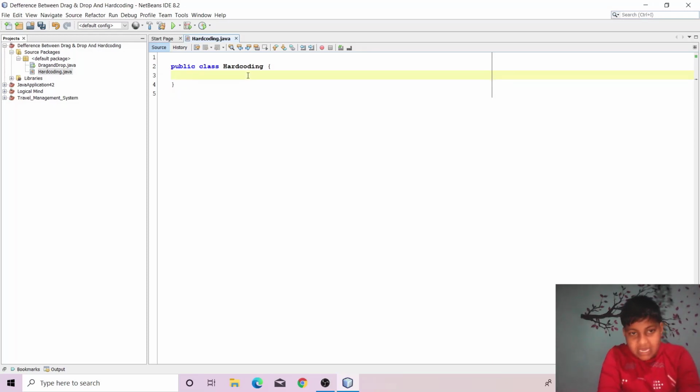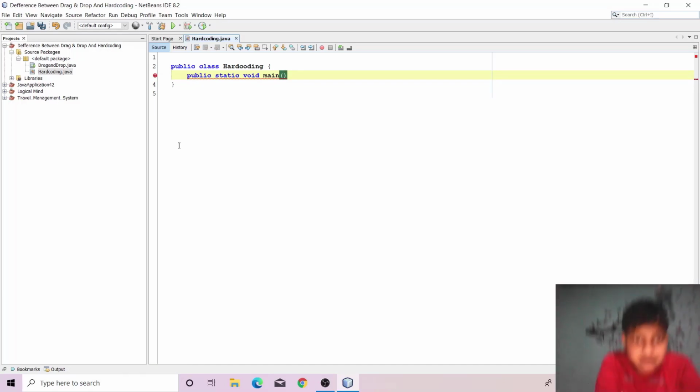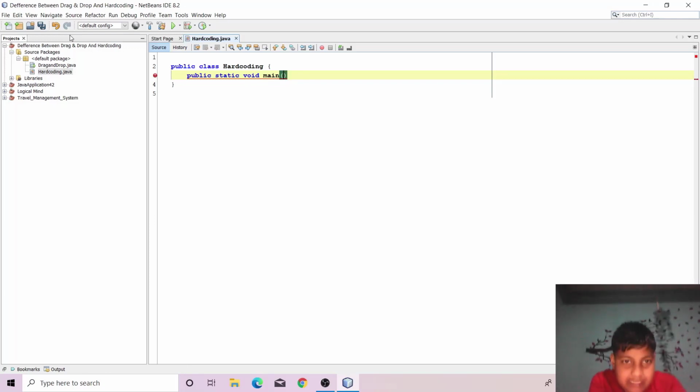Okay. Now inside this main method also, ourselves we have to make, and the button also ourselves we have to make. It is not an already made, ready-made button. Okay, so first quickly type the main method: public static void main. All this I will tell you in the Java tutorial series for absolute beginners.